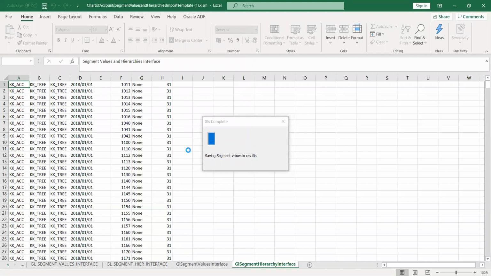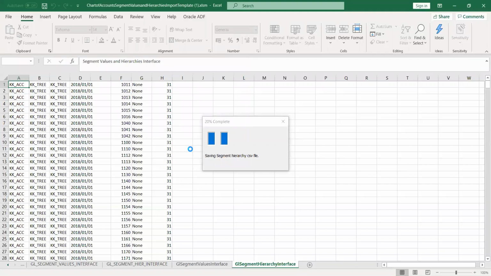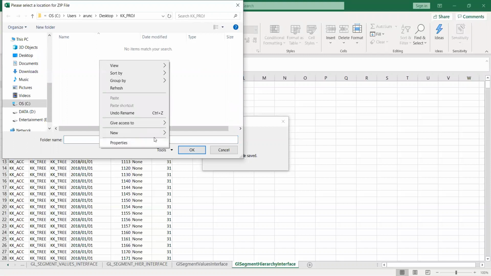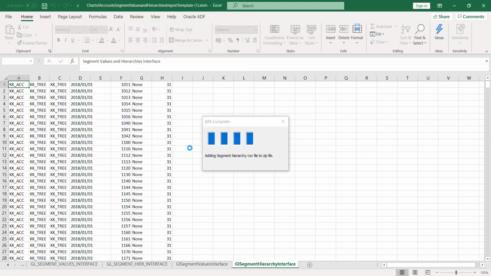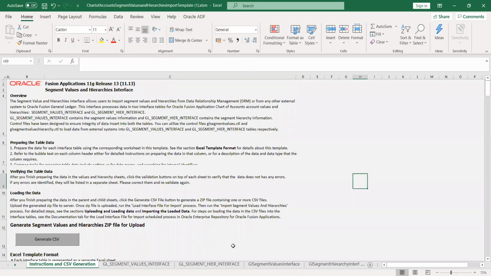So this will save both the values and the hierarchies. Earlier one was saved as a value, so this is hierarchy. After loading this, the system will create this as one CSV. So I'll add a folder called maybe final, and I'll create the CSV and put it into this particular folder. Okay, now the CSV file has been generated.